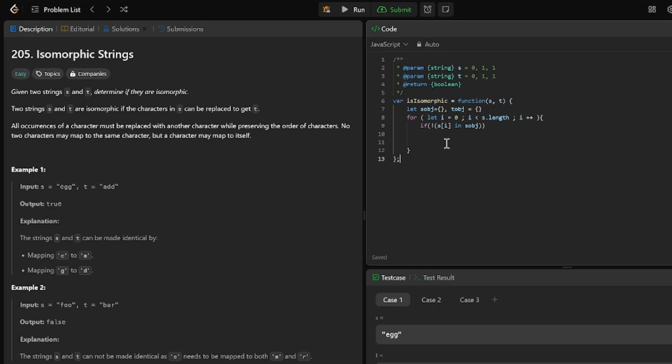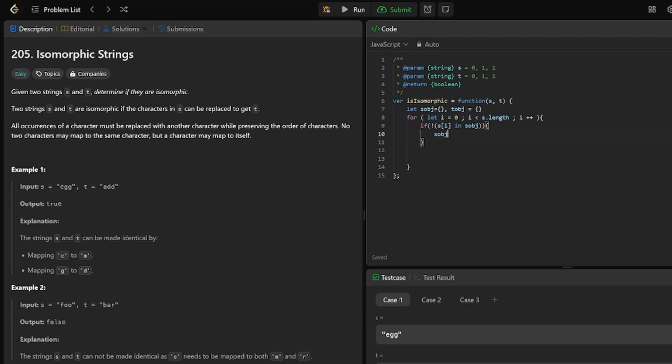We're seeing if this individual letter, E, the individual letter, E, is inside our object. And if it's not, then